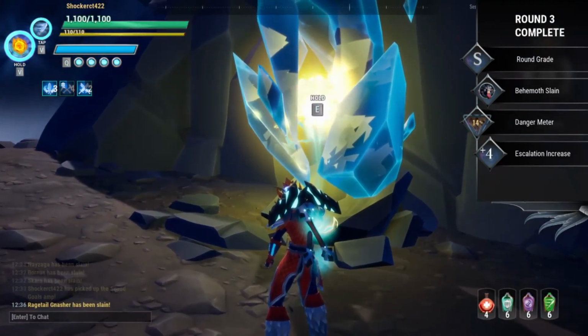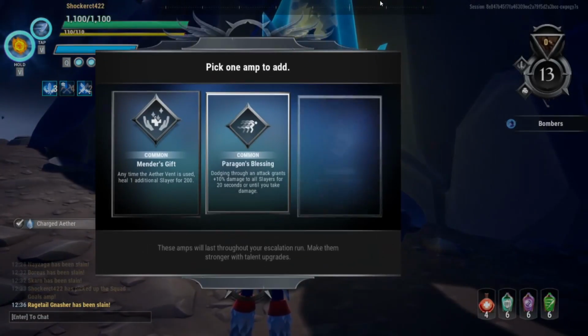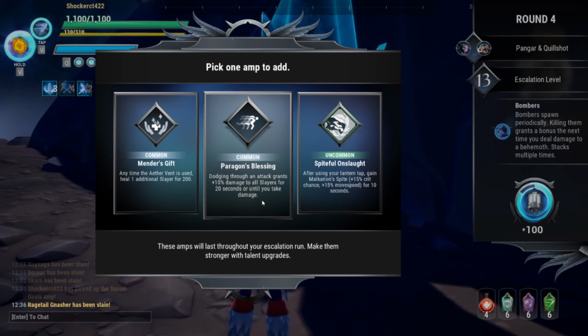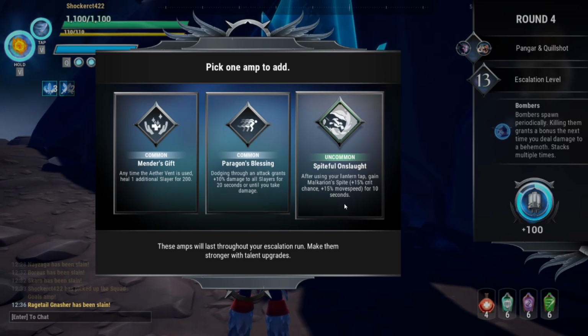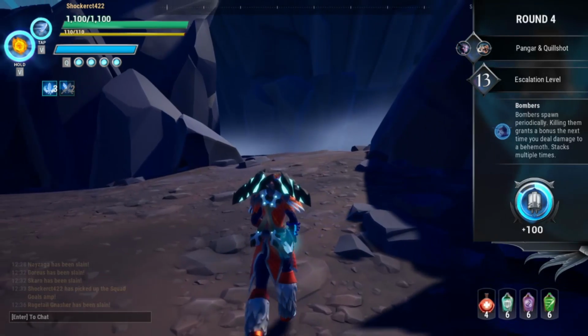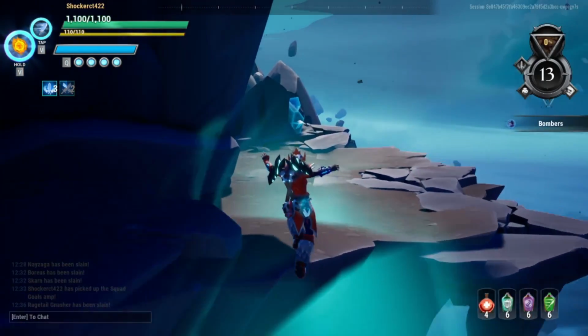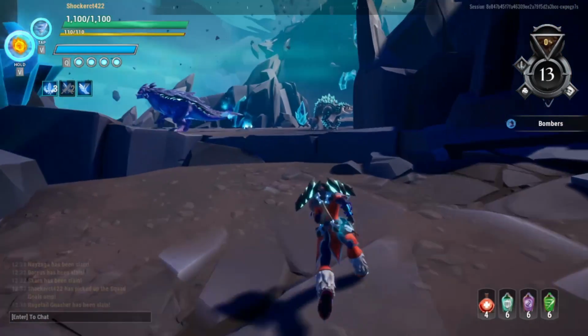Alright. New buff. Let's see what we can get. Mender's Gift. Paragon's Blessing. Dodge through an attack grants 10% damage to all slayers for 20 seconds or until you take damage. Interesting. Spiteful Onslaught. After using your lantern tap, gain Malkirian's Spite. 15% critical chance and 15% movement speed. I'm about that. I like movement speed. Now, I don't know if you can only get the uncommon ones in the...